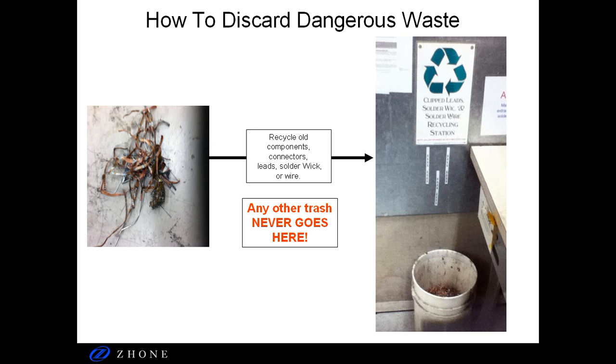Components, connectors, chip leads, and solder wick go into a recycling bucket. The buckets are located in several areas on the production floor. The bucket pictured here is in grid 15 near the solder pot. In the past, many people have mistakenly thrown paper, alcohol or epoxy waste, or lead waste into the recycling bucket. Only components, component leads, solder, or solder wick should be recycled in this bucket.